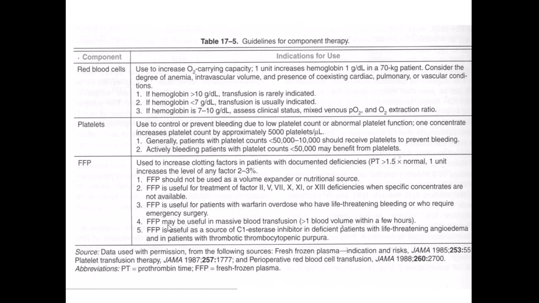And the fresh frozen plasma is useful for the treatment of certain factor deficiencies, like factor 2, factor 5, factor 7, factor 10, 11, or factor 12, for example. So factor deficiencies, we have to use fresh frozen plasma. And also it's very effective if the patient is having an overdose here or if the patient is over